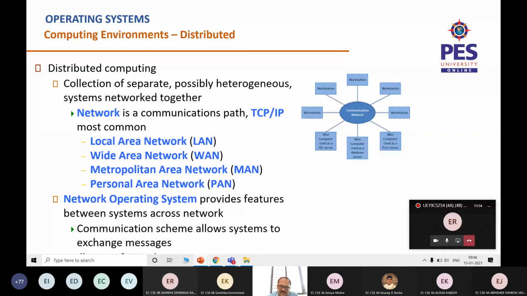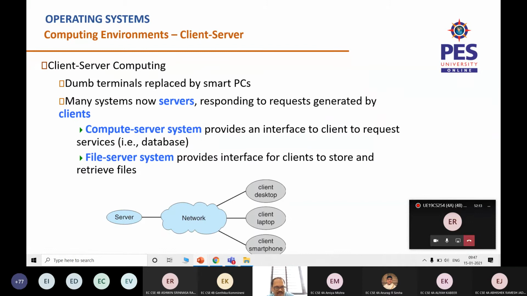These networks could be local area, wide area, or storage area networks, and so on. But it requires a network operating system in order to handle the communication between these peer computers which are connected with each other. So this is about distributed computing. We'll see a variation of that in the coming slide.